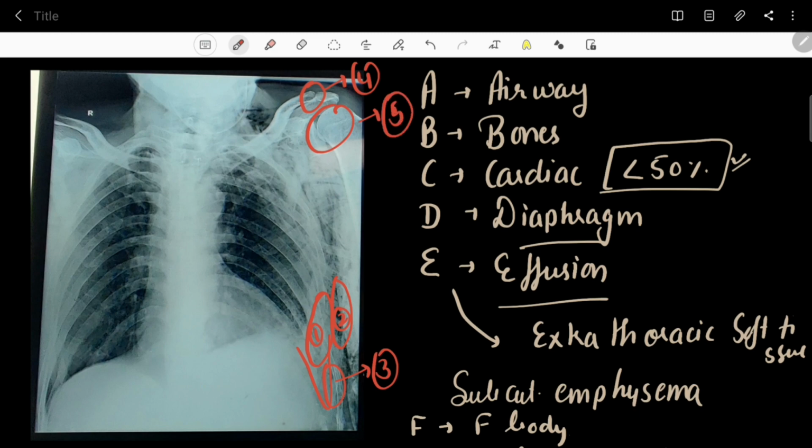And one more thing, guys, if you can appreciate, let me remove all these. You'll appreciate this after I mark it. This is basically a chest tube. You can see it clearly. This is a chest tube that is inserted. This is an intercostal drainage tube. So these are all the findings that you can see in this chest x-ray.